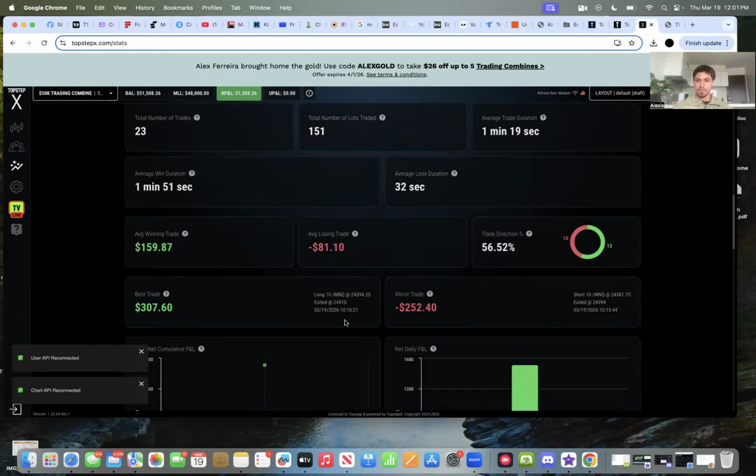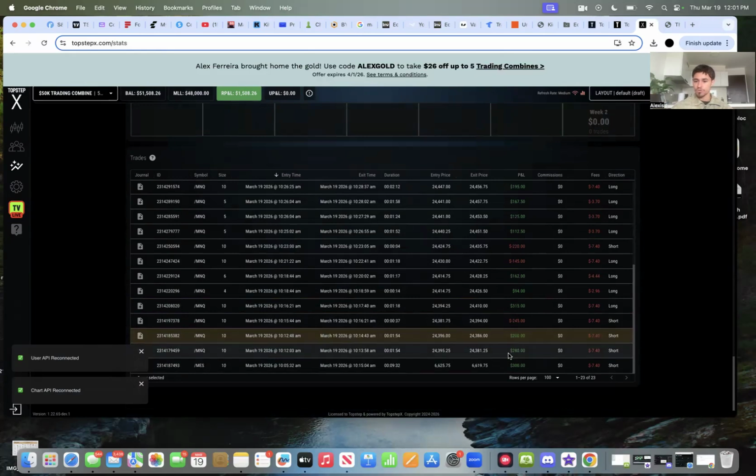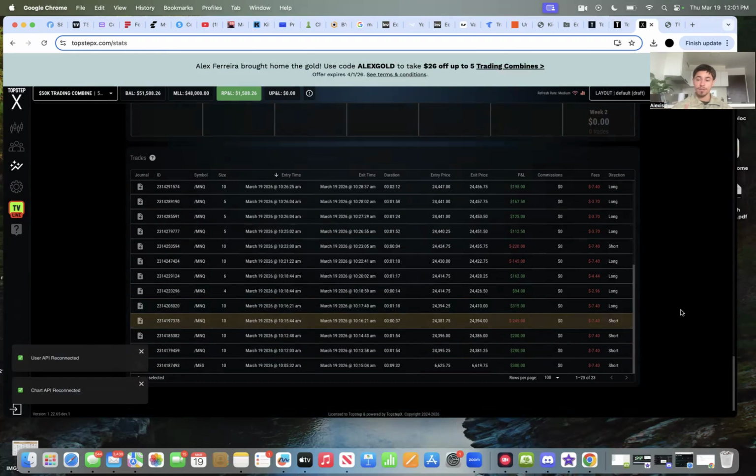So let me show you guys right here. As you can see, 60% win ratio. I made about 300, 280, 200. And when I lost, I lost about 245, which is breaking the system. I broke the system by $45, which puts me at risk. And so I have to tighten it. This is me still working on it, right? There's always work and improvement that has to be done.